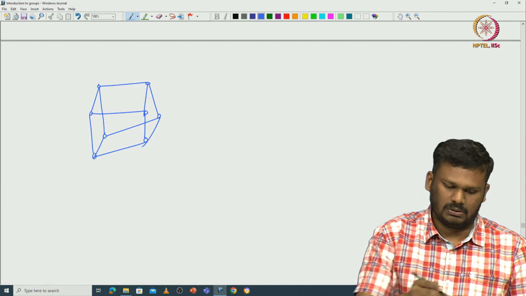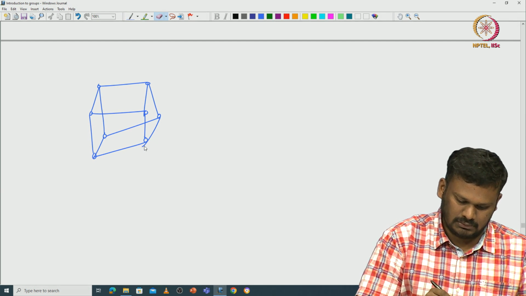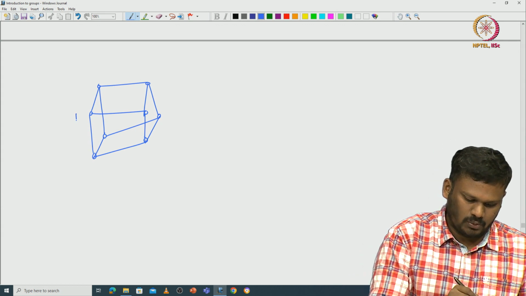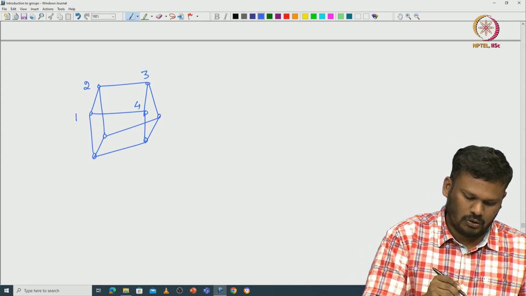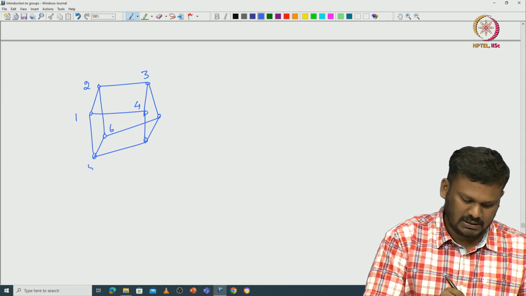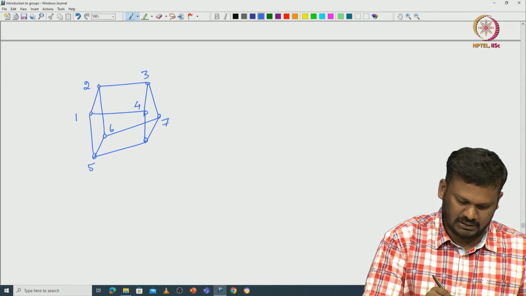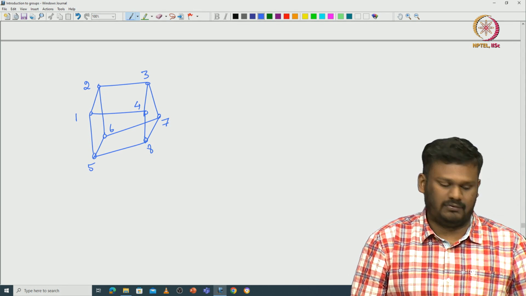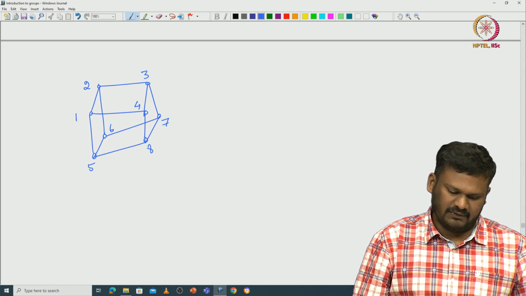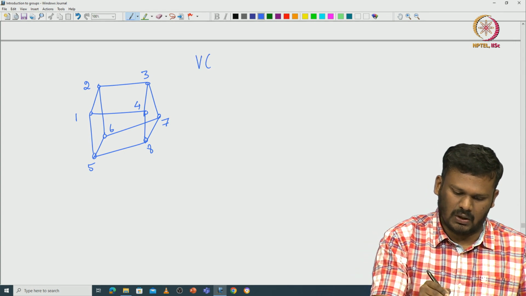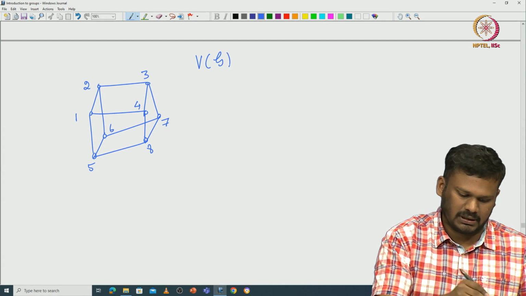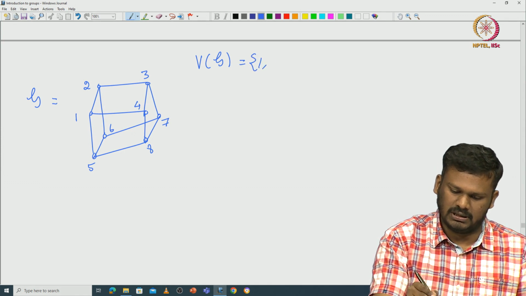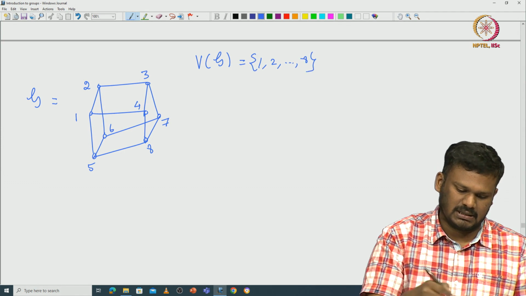Okay. It does not look that great, but still it is okay. So, now let us label them like 1, 2, 3, 4 and then 6, 5, 7, 8. So, now this is a graph. It has 8 vertices. This is a graph that I am interested in. It is just these 8 vertices and the edges are just given by